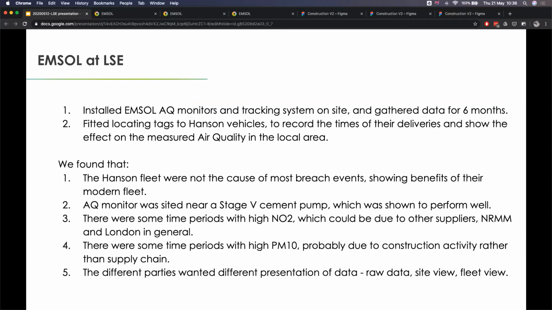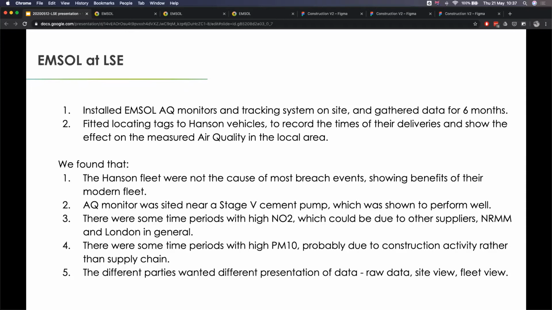So we have a locating system, which is really low impact on the vehicles. They're just small tags that stick in the windscreen, and then we put some locating antennas on the site so we can see when the vehicles have arrived and when they've departed. We find this to be much easier than looking to integrate with any vehicle telematics system, because there's a lot less concern about data privacy and things like that.